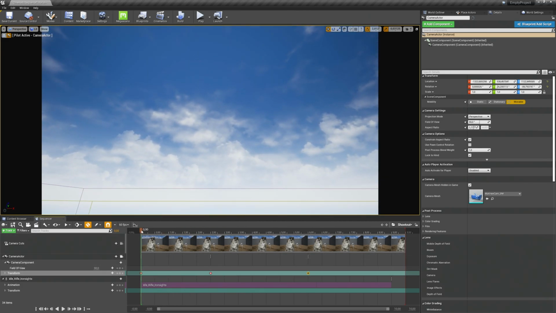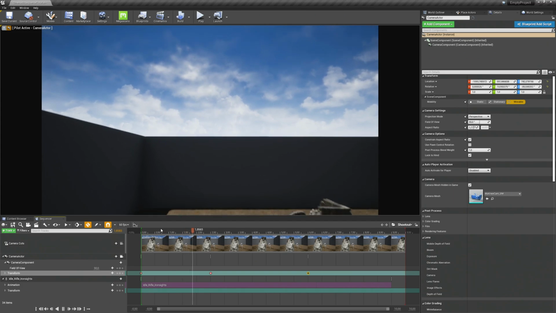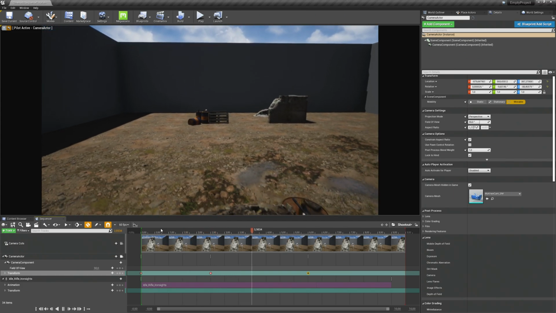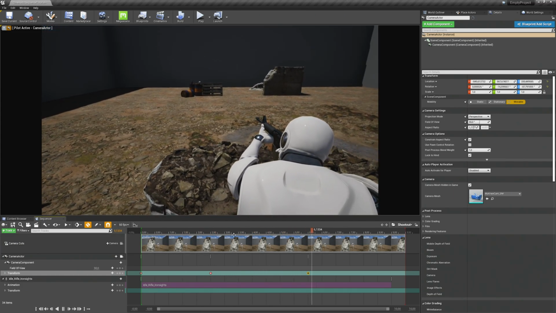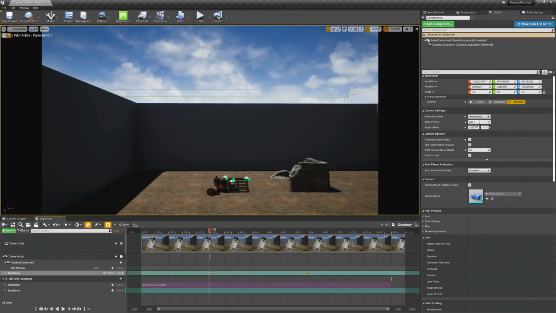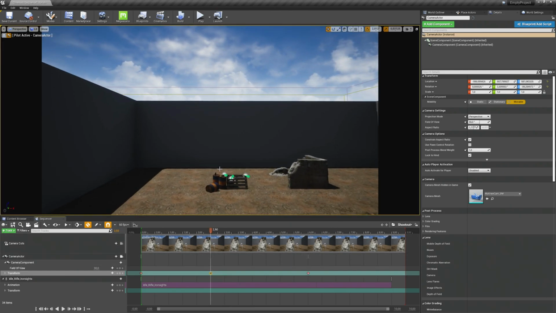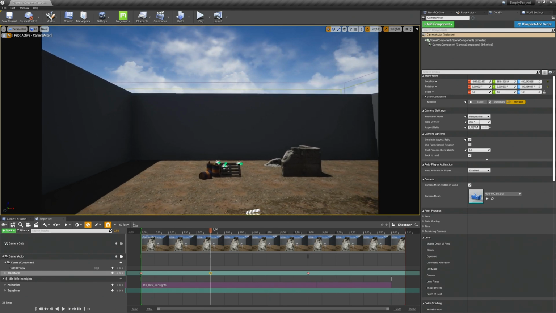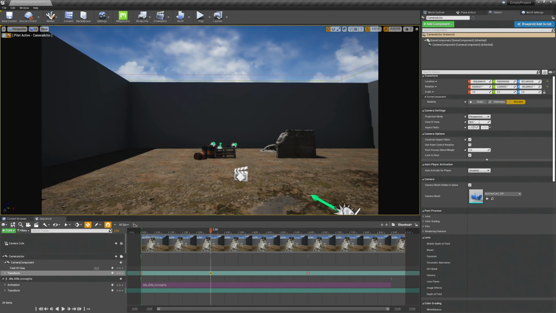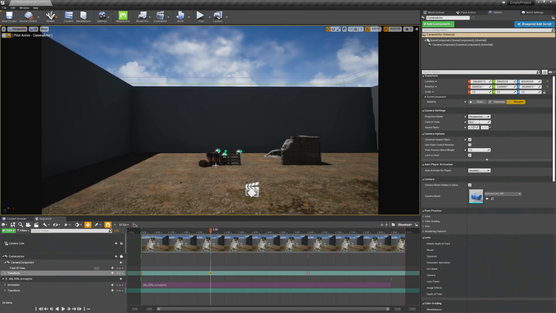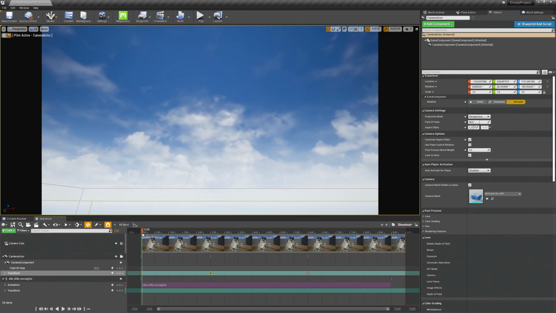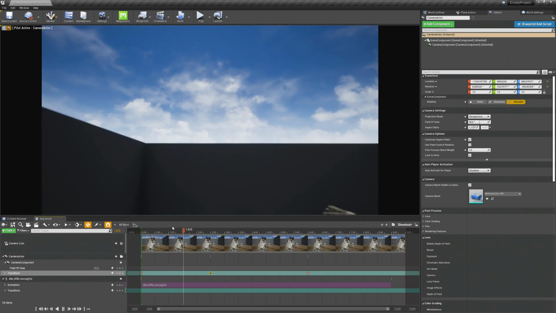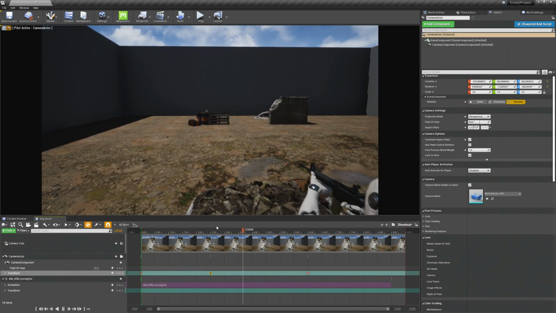Let's check it again. Yeah, I think we also need to adjust the position for this keyframe. We are still in piloting mode, so I can just change the location to about here. Click on play again, should be quite fast, and then slow down.